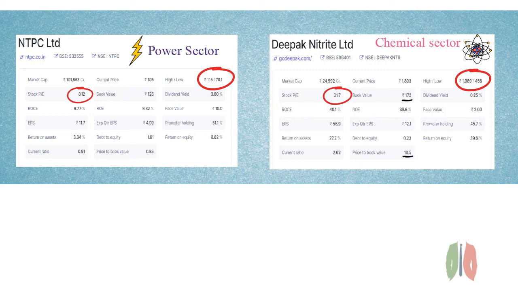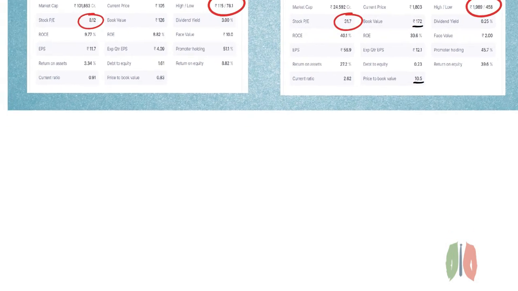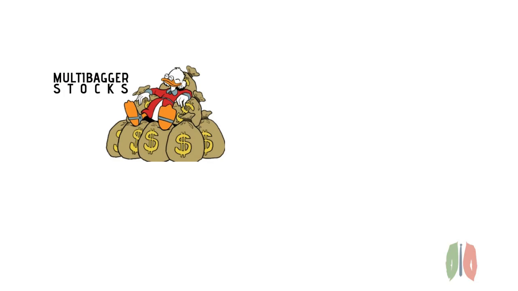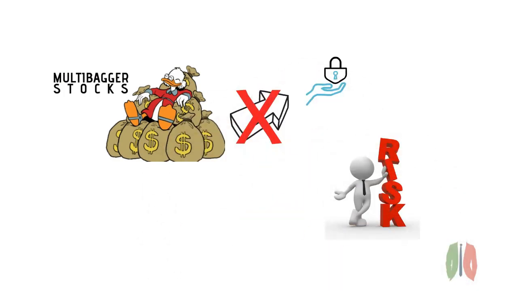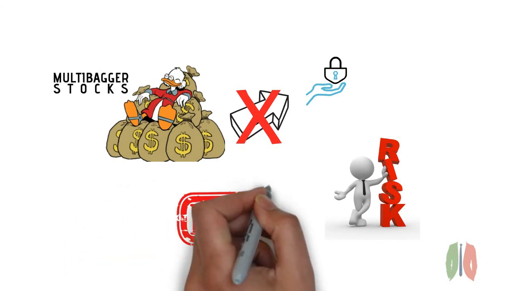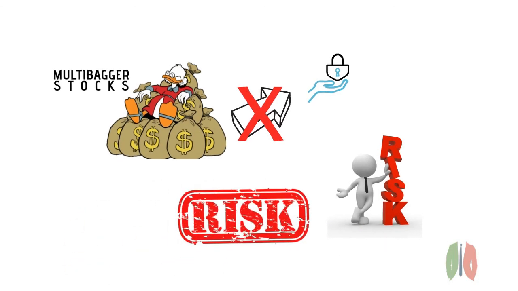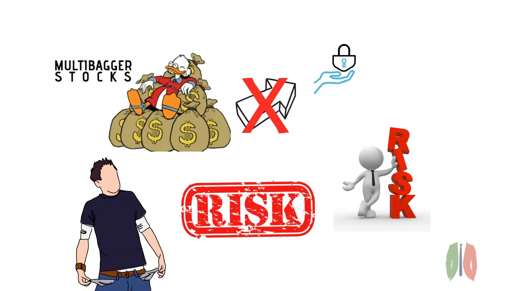All the ratio numbers which I have mentioned in this video are ideal cases, and sometimes crossing the border value implies taking risk. People have never found multi-baggers with safe investments. Sometimes taking a risk in the stock market is the way to learn new things by experience. And yes, people have lost money sometimes in markets, and that should be their learning curve for future investments instead of stepping out of the markets.